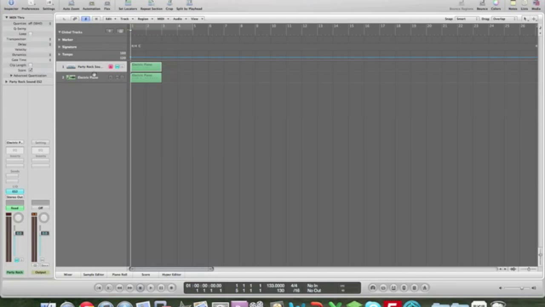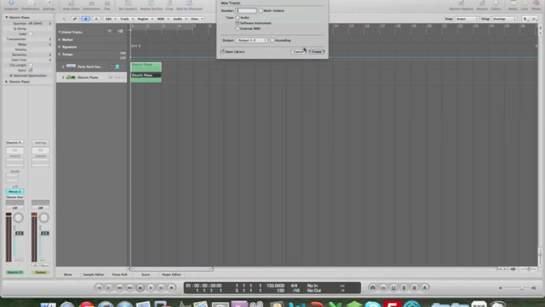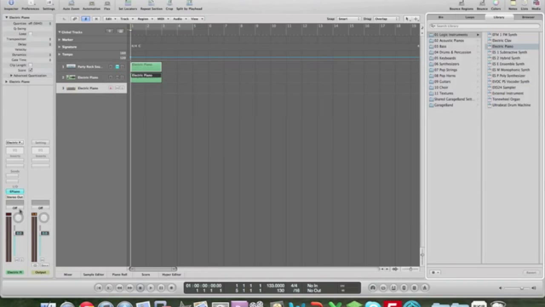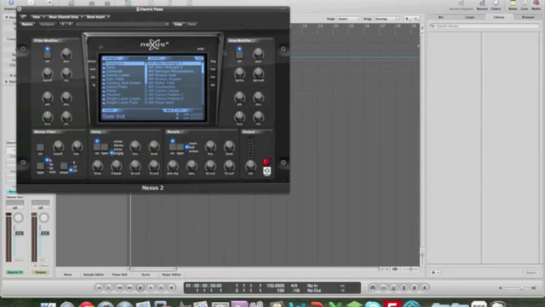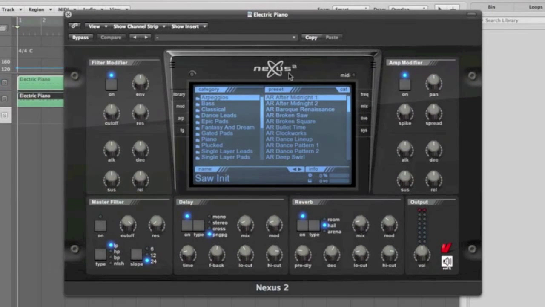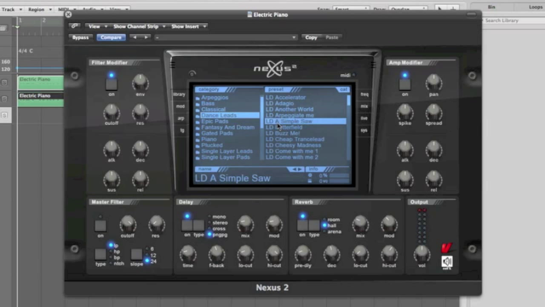So first, if you have the Nexus synth, which I highly recommend, let me go ahead and make a new one here. If you have the Nexus synth, Nexus 2, refx.com, that's where you get it. You're gonna want to go ahead and hit up your presets and your dance leads, and then a simple saw, and it sounds like this,